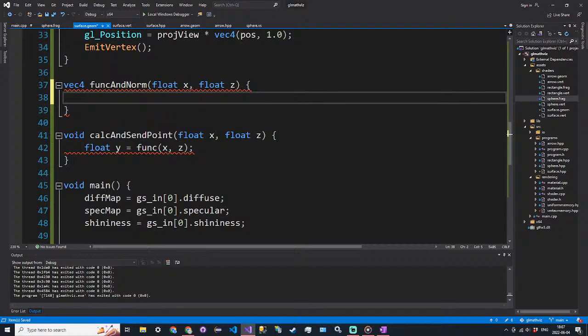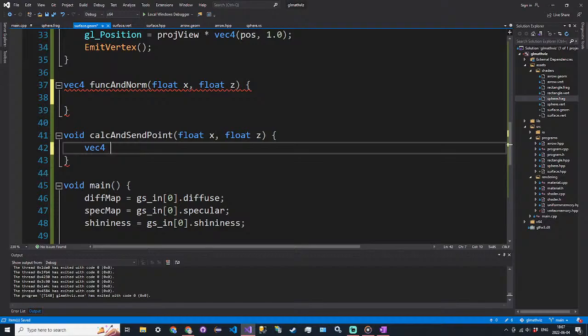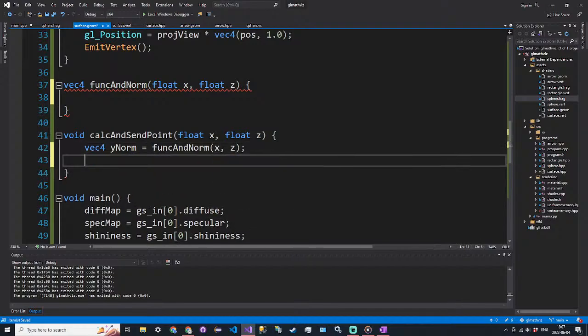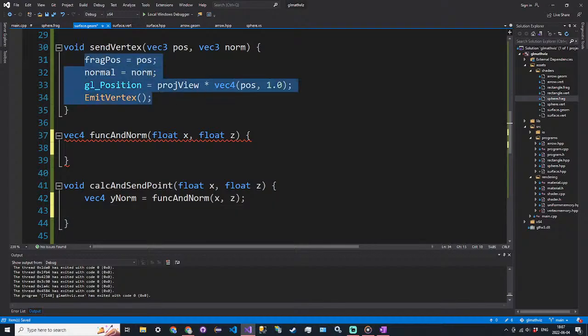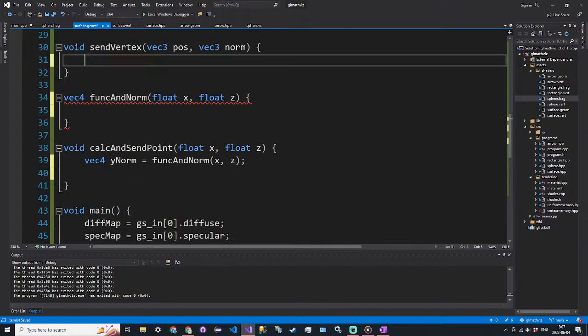So we say vec4 y norm is equal to func and norm evaluated at x and z. And then we can actually just get rid of this send vertex function and just put it in here. So send,